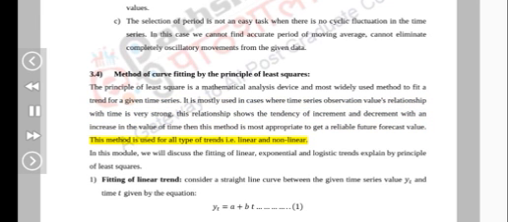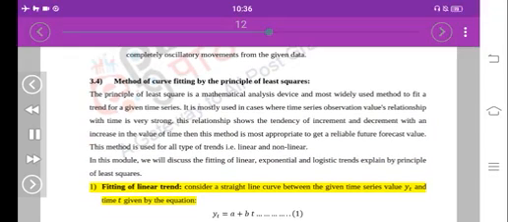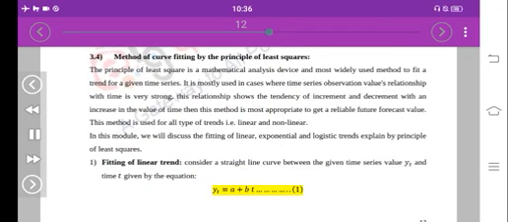This method is used for all types of trends, i.e. linear and nonlinear. In this module, we will discuss the fitting of linear, exponential and logistic trends explained by the principle of least squares. 1. Fitting of linear trend. Consider a straight line curve between the given time series value yt and time t given by the equation yt equals a plus bt. (1)